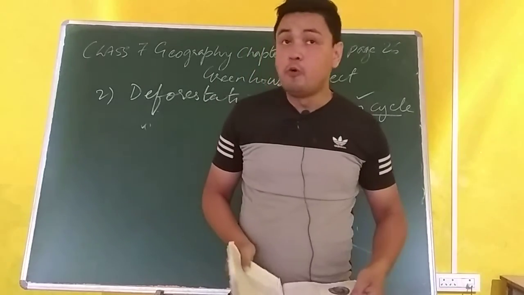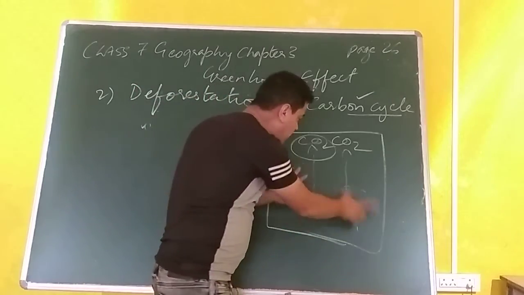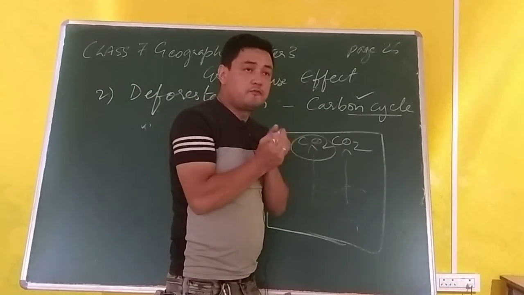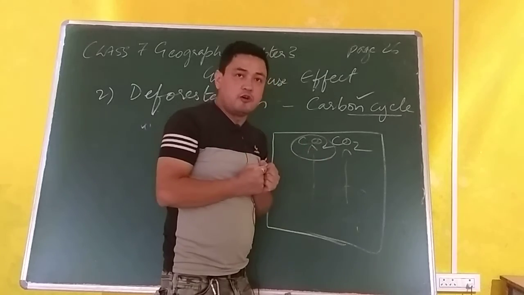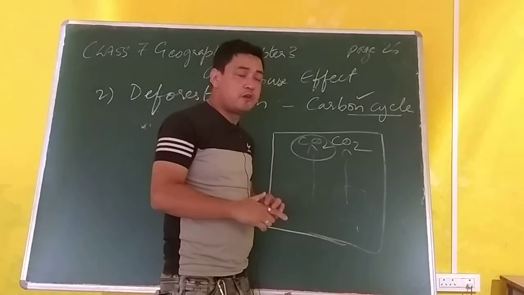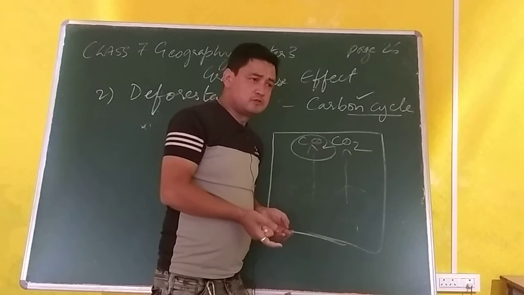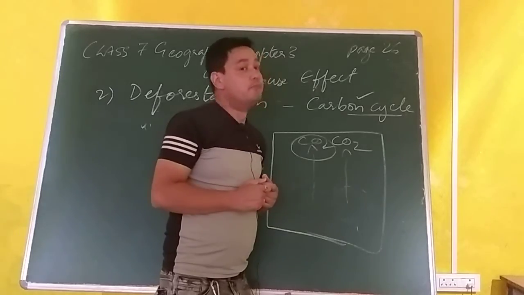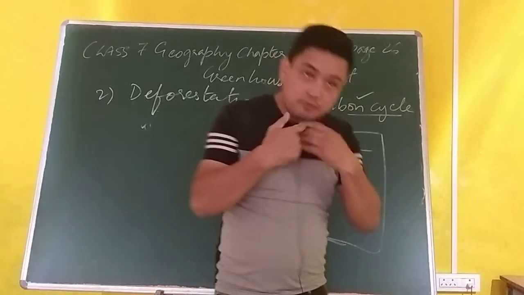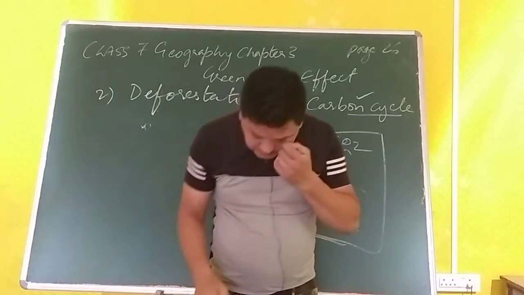thereby causing global warming. So if you cut down trees, then there will be nothing that will absorb the carbon dioxide and regulate the temperature of the earth. So what happens here is there will be a carbon sink area where the carbon dioxide level will be more and oxygen less, and the temperature will be more. Remember that. And when the temperature is more, there will be global warming.